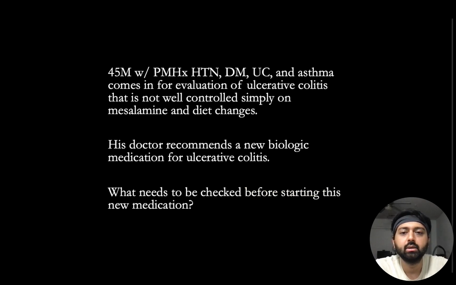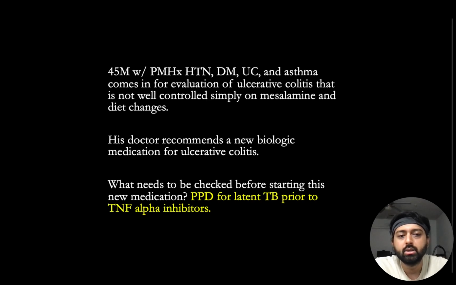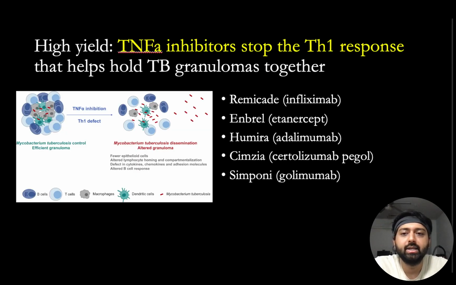Someone with UC is coming in because their disease is not well controlled simply on mesalamine and diet changes. His doctor recommends a new biologic medication for ulcerative colitis. What needs to be checked before starting this new medication? So obviously this is a video about tuberculosis, but anytime you're starting a TNF alpha inhibitor, you need to screen for latent TB. The reason why is that TNF alpha inhibitors stop the Th1 response that helps hold TB granulomas together. It really is not important that you know this if you made it past Step 2, but